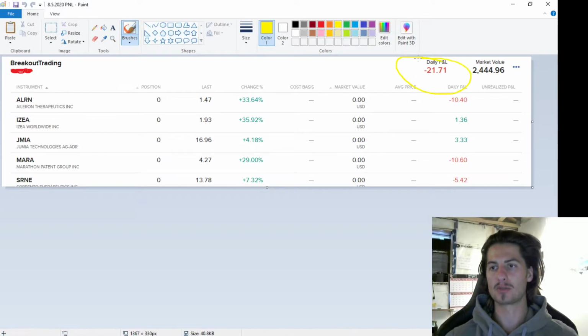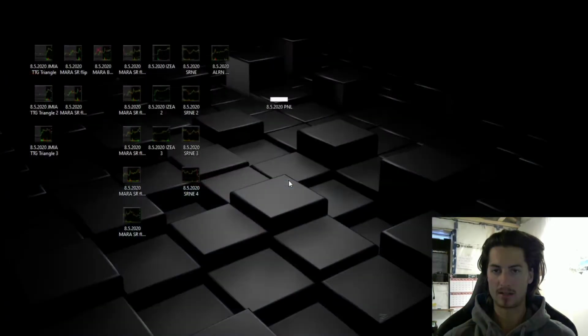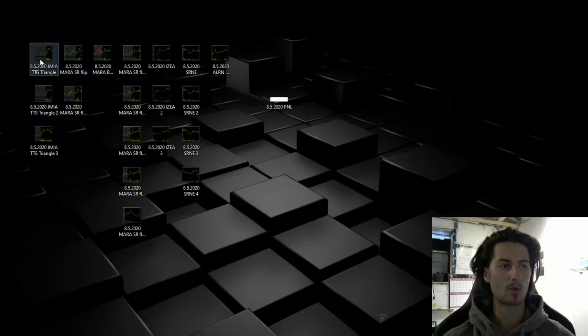Right now I'm down 21.71, which is kind of disappointing because that's pretty much everything I made yesterday for a really good trade. I gave it all back today being an idiot. The biggest idiot of all was ALRN. I was a complete botch on that one. IZEA was alright, but we'll go over this. So everything out here. Alright, so the first trade of the morning today